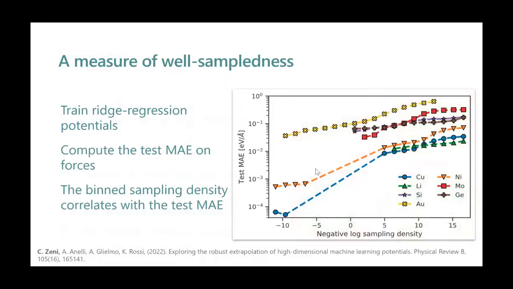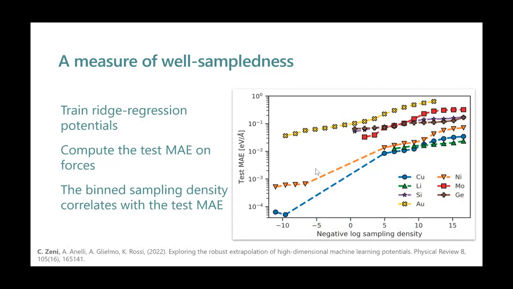But does this work? Well, yes, it kind of works. So you can see in the plot here, on the x-axis, the negative log sampling density. To put it simply, points on the left are very well sampled by the training set, points on the right are not. And on the y, the test mean absolute error incurred by a ridge regression potential using the ACE descriptor. And you see there is quite a strong correlation between the test error and the log sampling density,